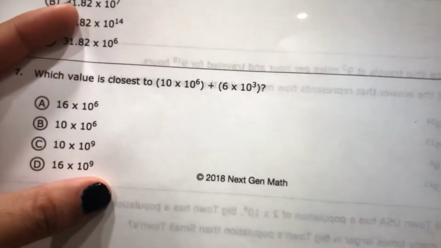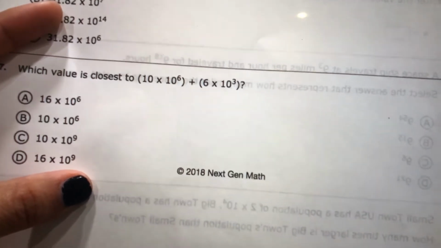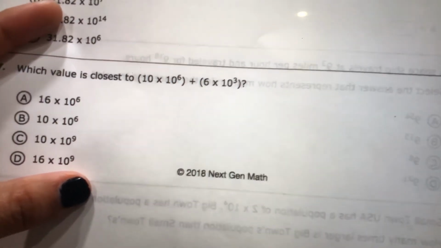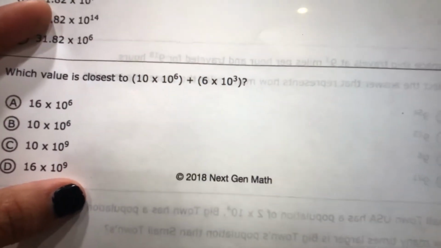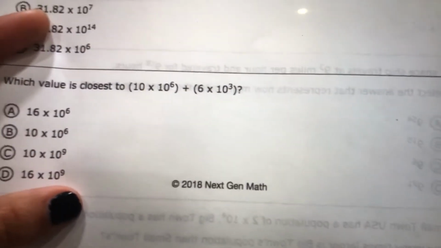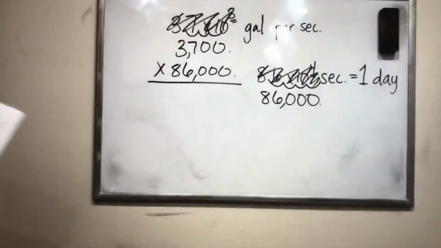The last one, which value is closest to 10 times 10 to the 6 plus 6 times 10 to the third, and you have 4 options. So again, best thing to do is rewrite those numbers in standard notation. So we have